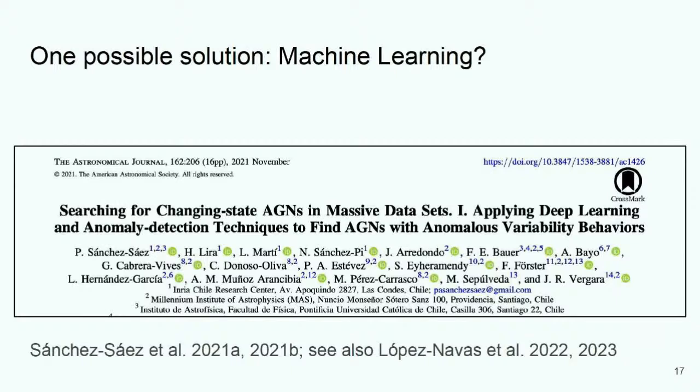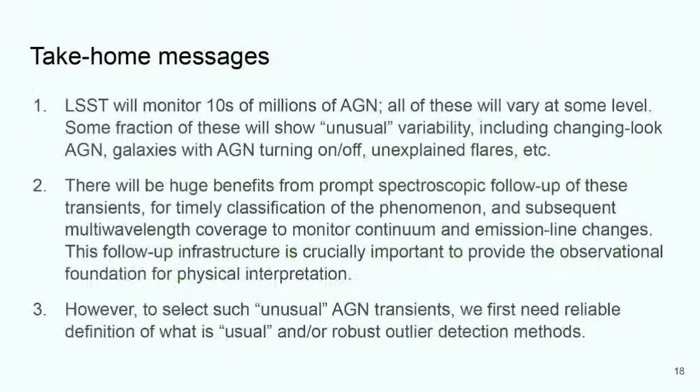As I said, Paola's work has already been starting to think about this, and it would be remiss of me not to highlight this. If you've not read this paper, then please go away and have a look. It's really interesting. But just to wrap up, LSST is going to find lots of AGN,